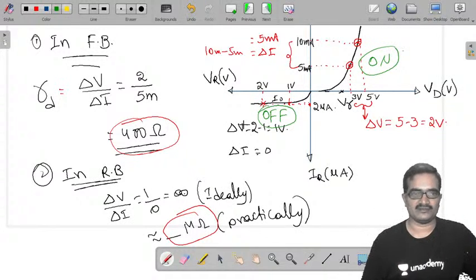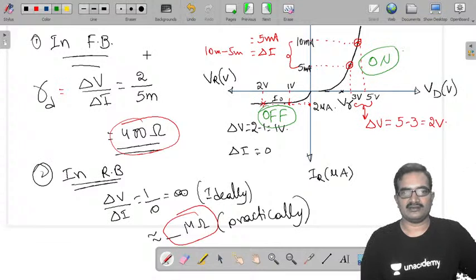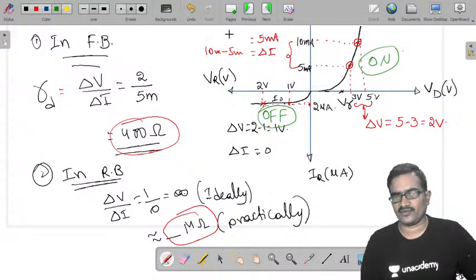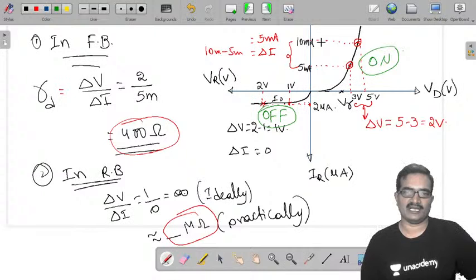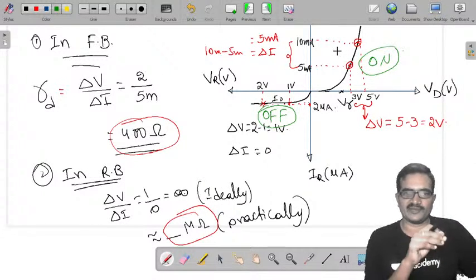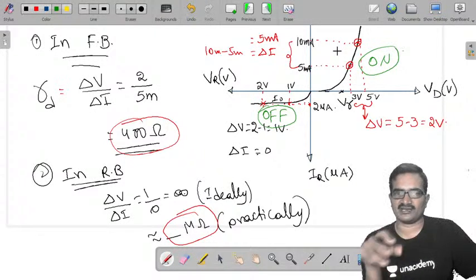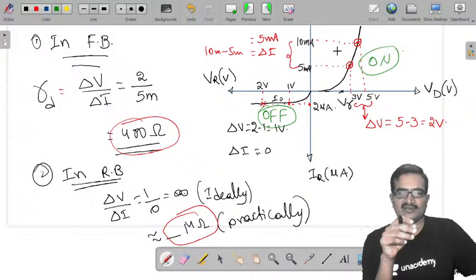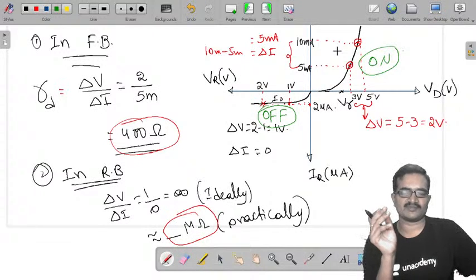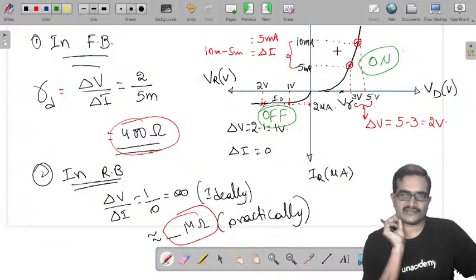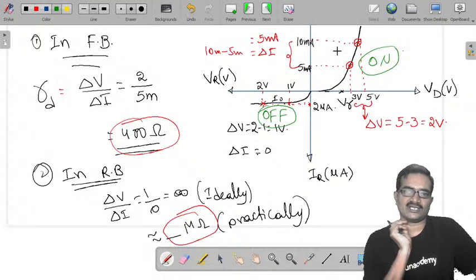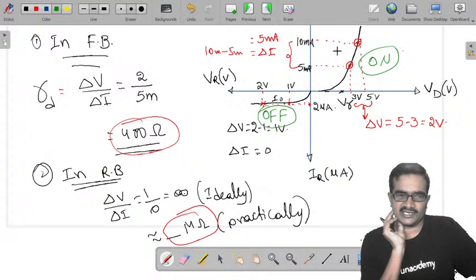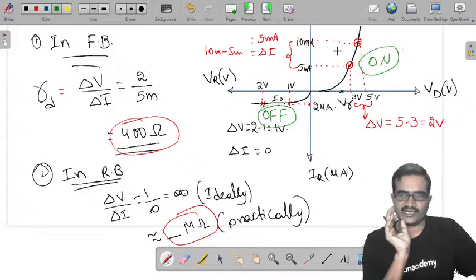Now this is about different resistance calculations from the VI plot of a PN junction diode. From the knowledge of that resistance, in forward bias the approximate amount of resistance it offers is of the order of ohms, and in reverse bias it is of the order of mega ohms. Ohms is a very small, negligible value. So in forward bias, the PN junction diode acts as an on switch, and in reverse bias, it acts as an off switch. We concluded that.